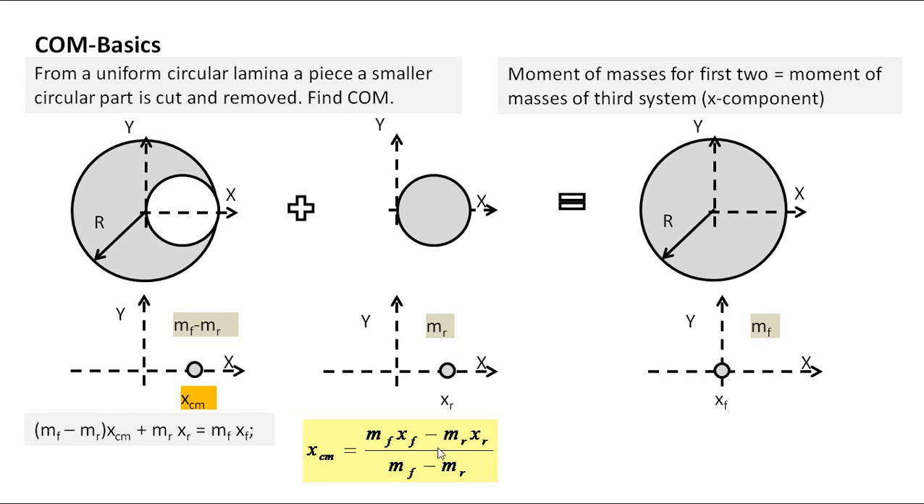How do we calculate the mass of the removed part? If I assume this mass to be m, this mass will be equal to 4m. The radius is twice, hence the area will be 4 times, so the mass will be 4 times. I can take the mass of the removed part as m, the full as 4m, and the remaining mass, mf minus mr, will become 3m. Quite easily we can calculate. So this brings us to the end of